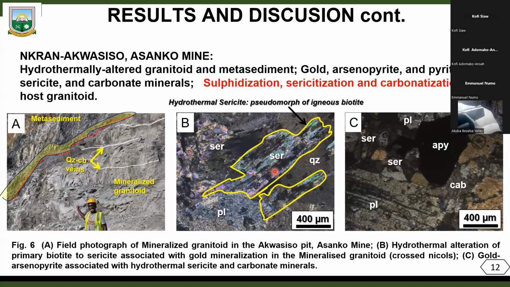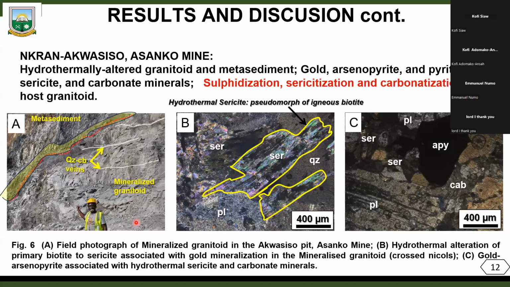Now, based on these observations, it was also realized that at the contact zones, the main ore composition was arsenopyrite, pyrrhotite, and pyrite. However, when you go to the core of the granite, the mineralization was pyrite and arsenopyrite, and that will have an explanation. Now, the next was to look at the geochemical relationships using the mass balance approach,